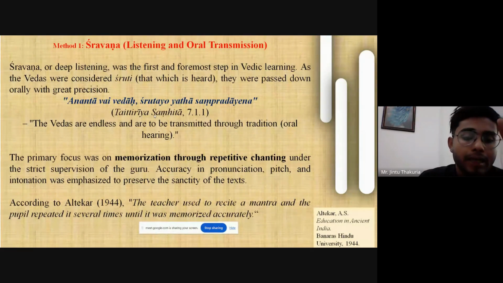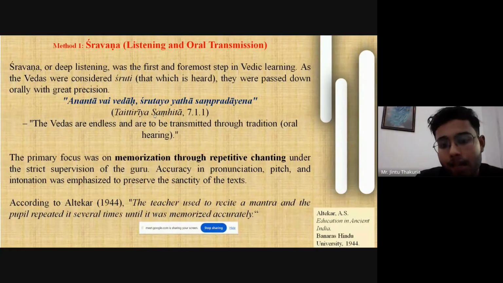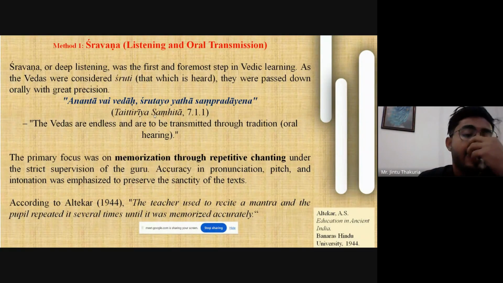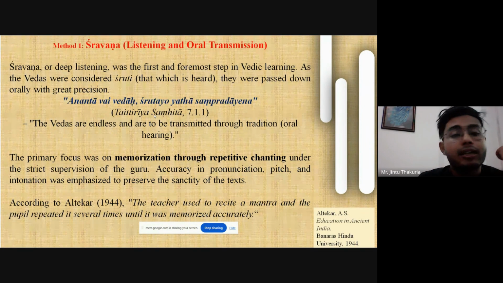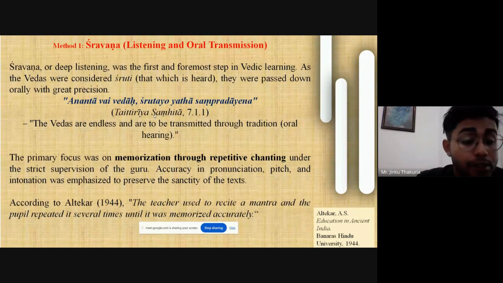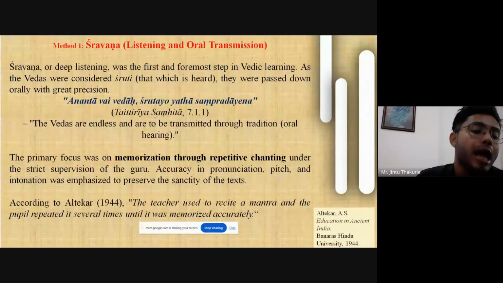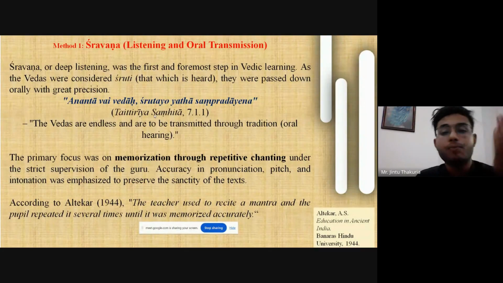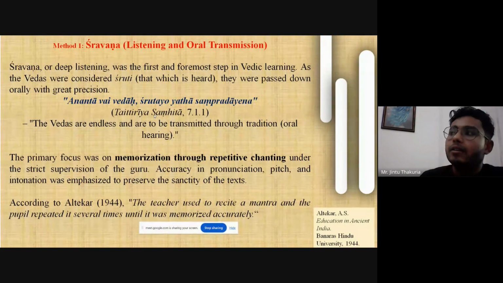That is one evidence that Shravana or listening was one method. Now you see, orality is related to memorization, because at that time there was no system of writing down the text. This is also evident in the Taittiriya Samhita. There is one shloka in the Taittiriya Samhita which means the Vedas are endless and are to be transmitted through tradition, that is oral hearing. So here the primary focus was on memorization through repetitive chanting. The hymns of the Vedas and the suktas were passed down from generation to generation by the guru through oral